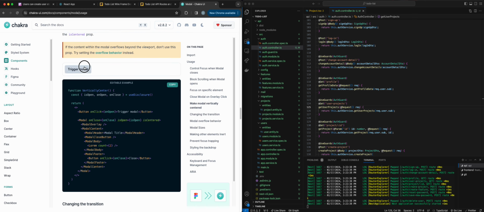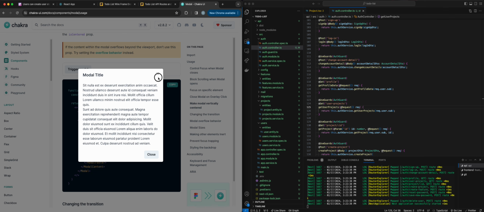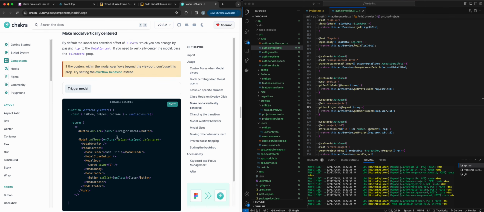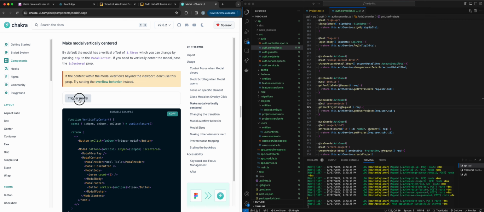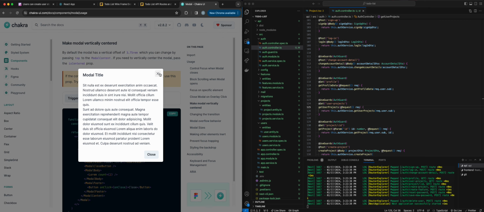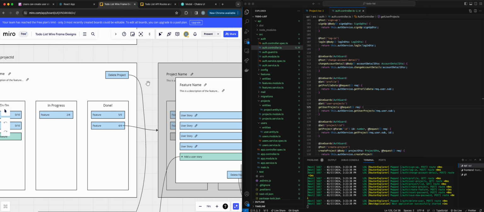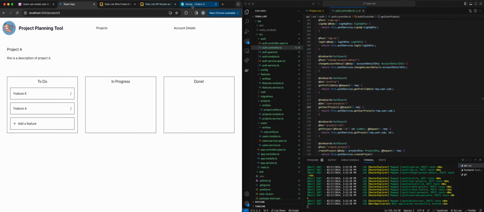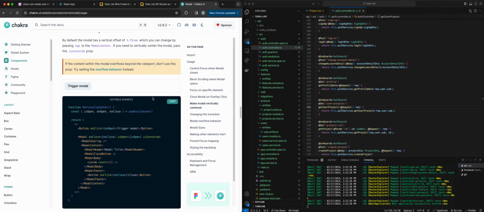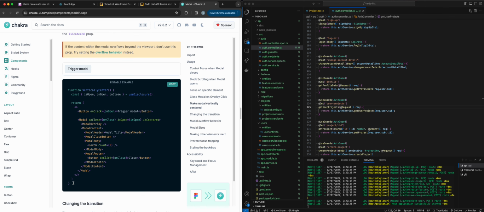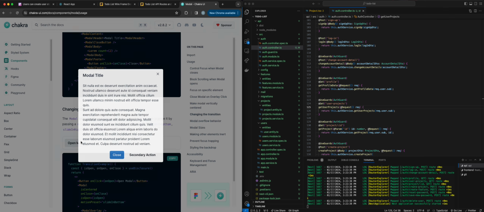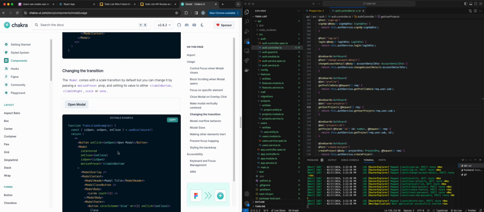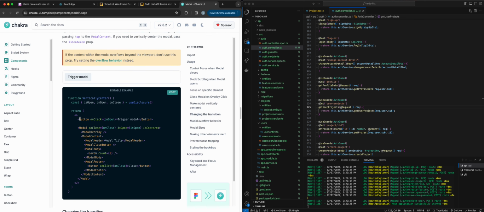All right, trigger modal. Make it vertically aligned. Okay. Actually does seem like we want it vertically aligned. So that's probably good. Interesting. Okay. So let's go ahead and